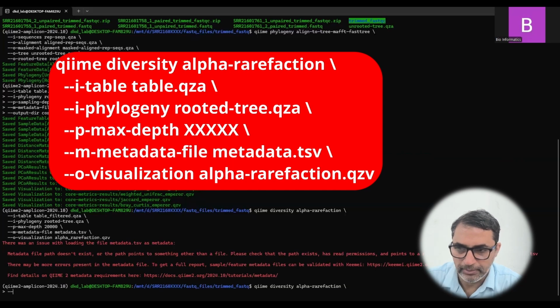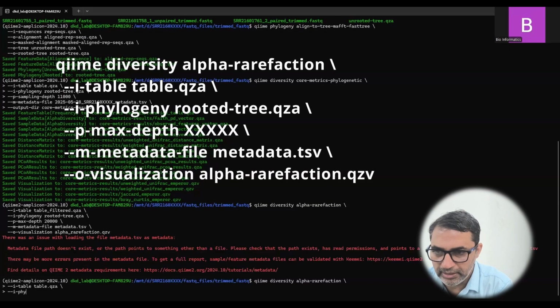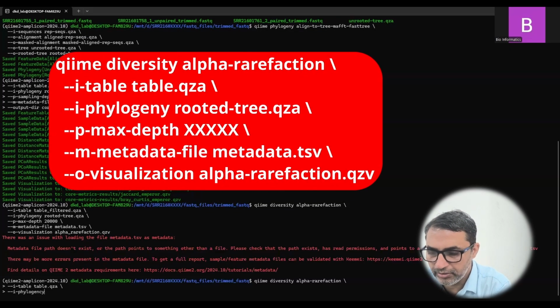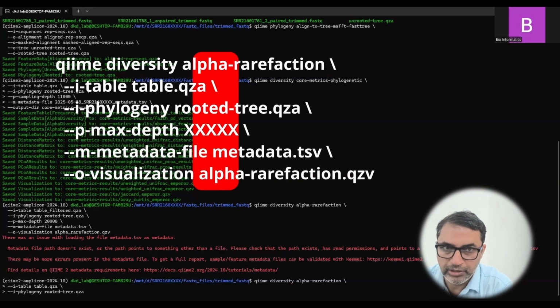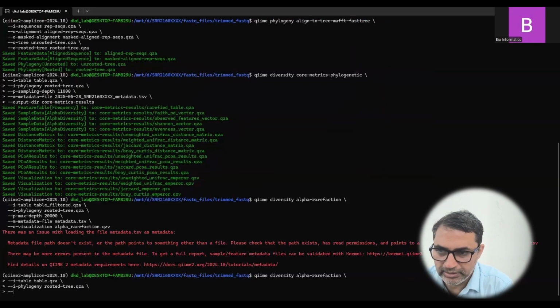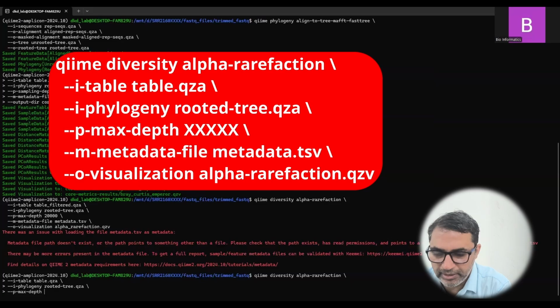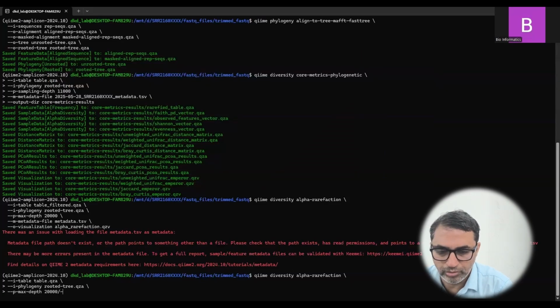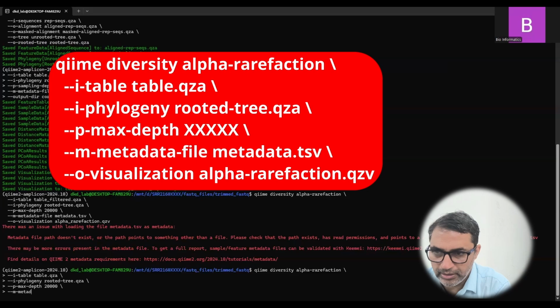To continue with the command, you need to first input your table, that is --i-table table.qza backslash enter, then --i-phylogeny rooted-tree.qza backslash press enter, then --p-max-depth 2000 backslash press enter, then